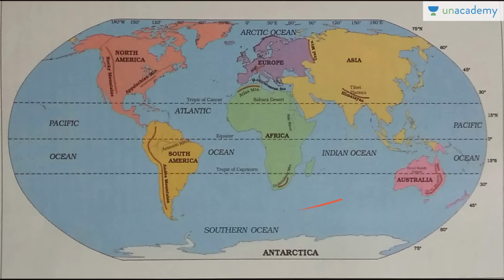More or less you can understand from here, or just sit with your own atlas and at least mark the places we have covered, like the Nile river, the Amazon river. So at least you will be doing the map also together with these things. This was just for standard 6, so the level was a little lower because we had to cover only the important points. The details we will be covering as the class goes on increasing.